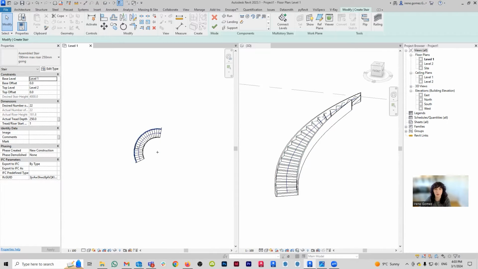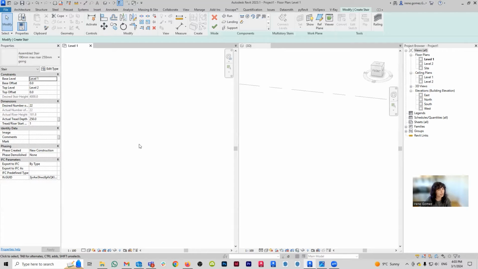Maybe I would want it to be a little bit wider, right? Yeah, let me do it a little bit wider. You can see that the stair itself is pretty wide and also the steps are pretty wide. So let me redo that. Let's make the tread depth significantly deeper. So instead of 250, let's make it 350 maybe. And let's also make the width a little bit bigger. Let's make it 1200. Yeah, and again, I'm going to do the same thing and flip it.